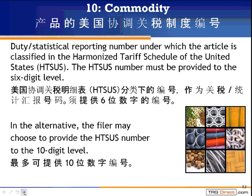So you may be asked to perhaps put in a part number that will then tie out to a tariff code within the TRG Direct system, but this is, of course, a very important part of the information data set that is required for 10+